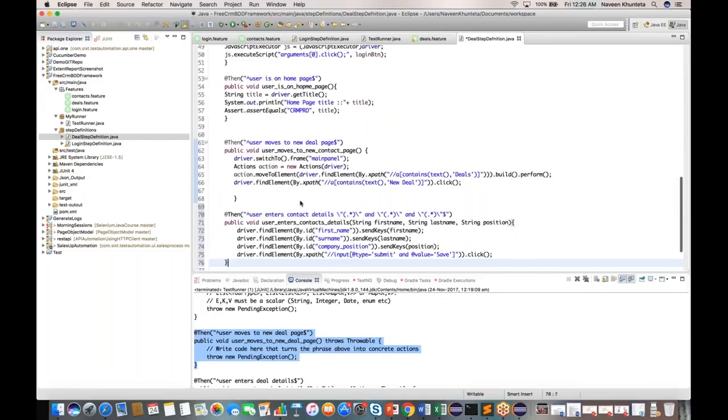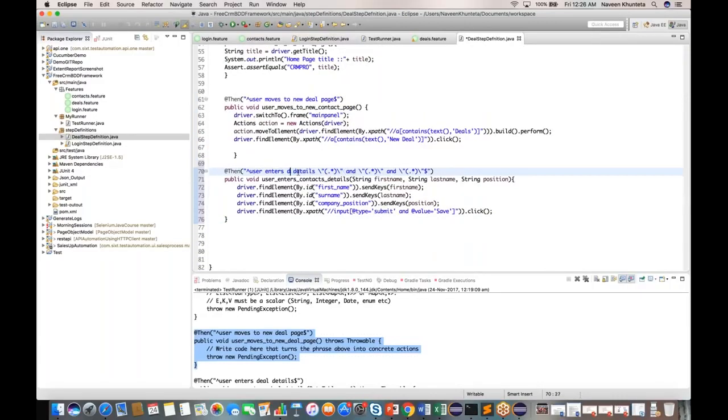Okay, guys, user enters deal details and I don't need such things. All these regular expressions, I don't need that. I don't need the same thing, this thing also, I don't need this. What exactly will I do? Again,